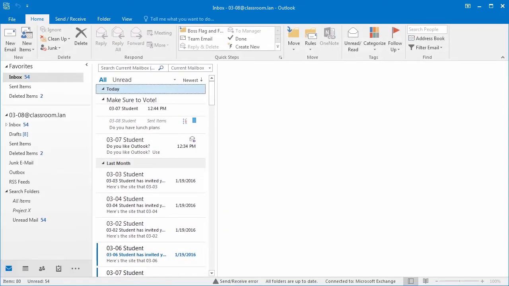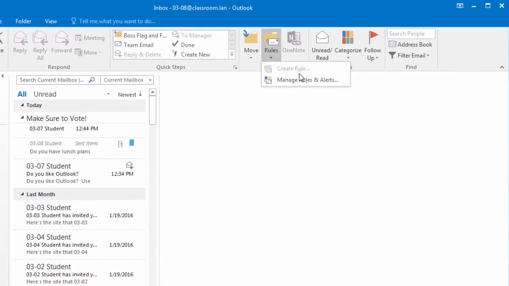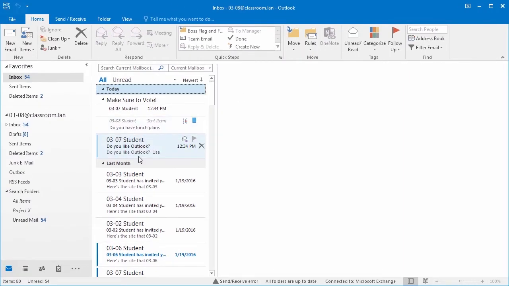In Microsoft Outlook 2016, we have the ability to create rules, automations within the Outlook program. Unlike quick steps where you still will have to select the button to make them happen, rules can happen automatically whenever certain criteria is met. Right now, I'm selected on my header for today's emails. So when I go to the Rules button on the Home tab of the ribbon, my Create Rule is grayed out. If I happen to select an email and I go back to my Rules button,